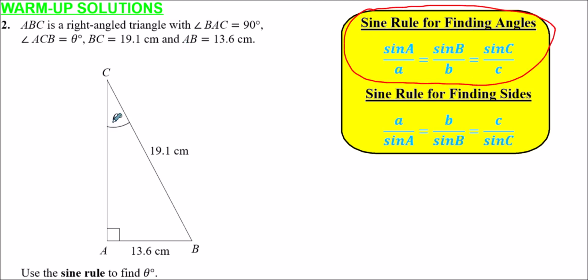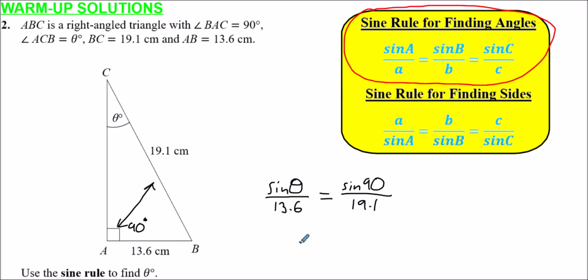So if we pick angle A as theta, we could write sine theta over the side opposite to that angle. So our a, if you like, is 13.6. Then we need another pair of angle and side. So we know these two here. We know that's 90 degrees, and that's 19.1. So sine theta over 13.6 is equal to sine 90 over 19.1. So therefore, theta